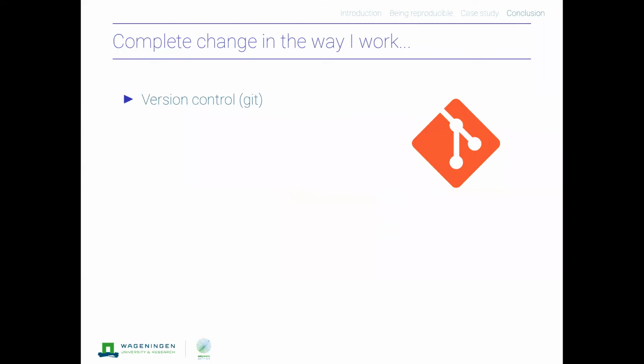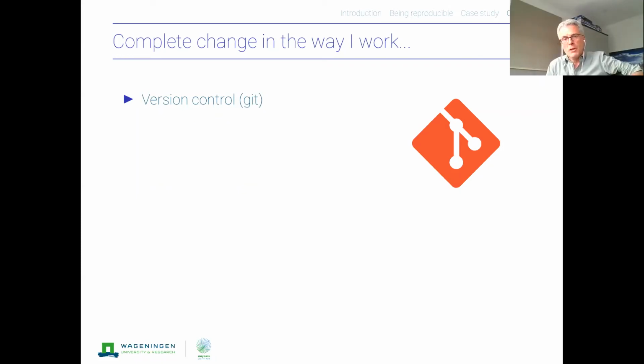Okay, so basically the tools that I'm describing now have completely changed the way that I approach my research project. So 10 years ago, I was not using version control. I was using loose R scripts, data spread out in directories, and I consider myself to be quite an organized guy. But once in a while, I got into real trouble. So the very first thing that I basically started doing was version control, initially with SVN and later with Git.